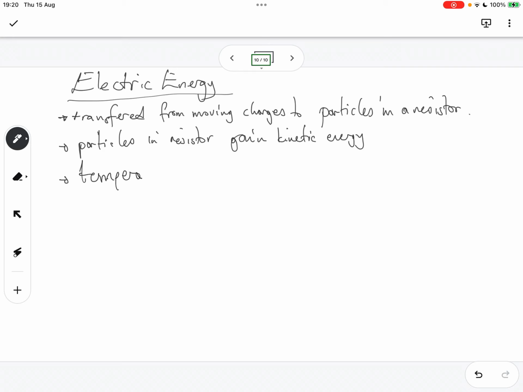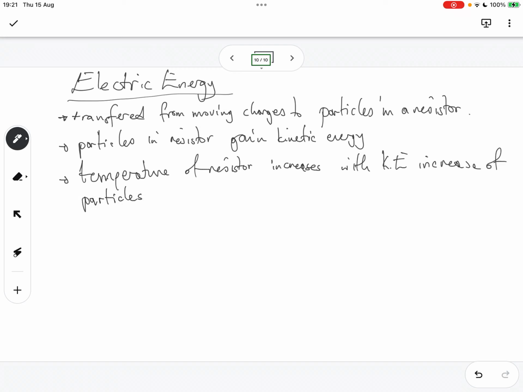So the temperature of the resistor increases with kinetic energy increase of particles. And I think we do discuss that in one of our videos, so I'll just put that in the description. Now, there are a few formulas that we must note here for